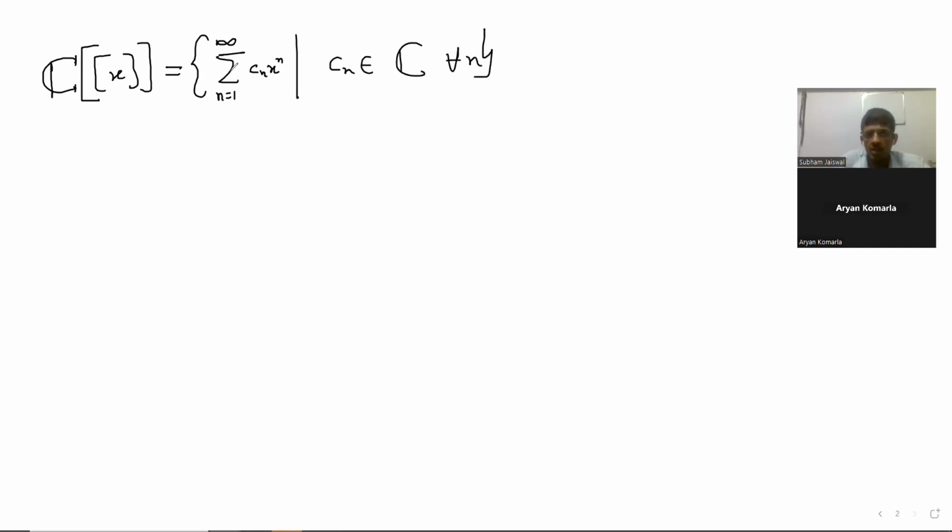Multiplication and addition are defined as you expect, as usual. So this has an addition and this has a multiplication. I am not saying x is a number, so you cannot substitute x equal to something else. This is called a ring. This is a ring because you have studied